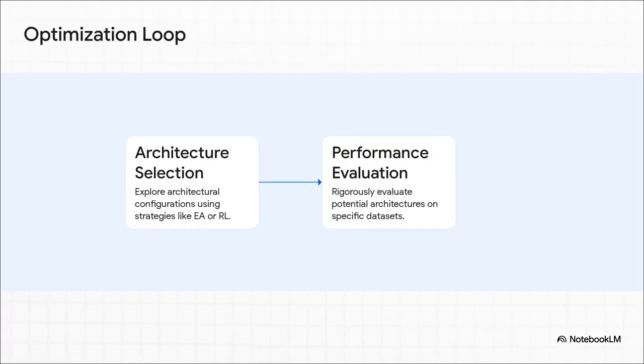Okay, so how does it actually work? Well, imagine this giant tournament, but for AI designs. In the first round, thousands of different potential designs all submit their blueprints. Then, each one gets put to the test on a real-world problem. Only the ones that do well move on to the next round, get a little bit better, and compete again. This just keeps happening over and over, with the designs constantly evolving until you're left with one clear winner, the absolute best architecture for the job.